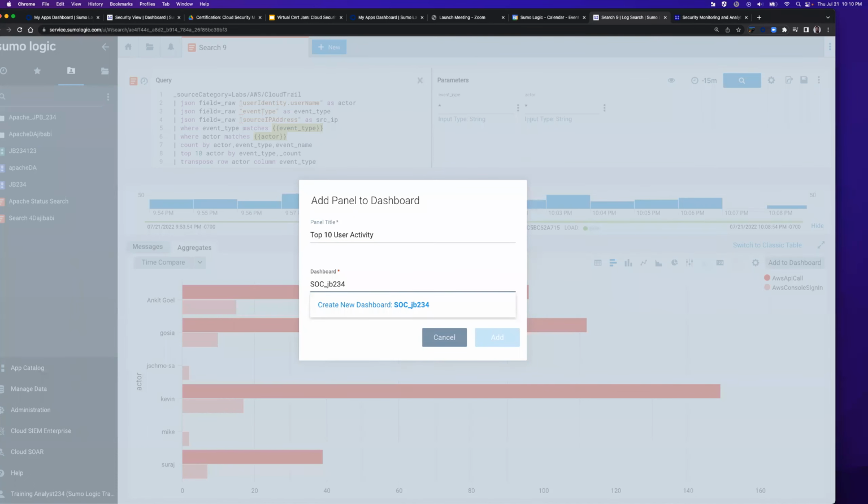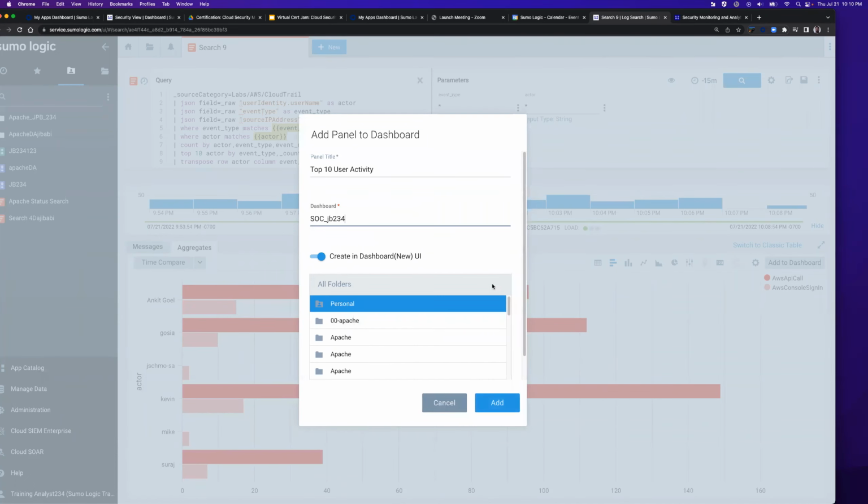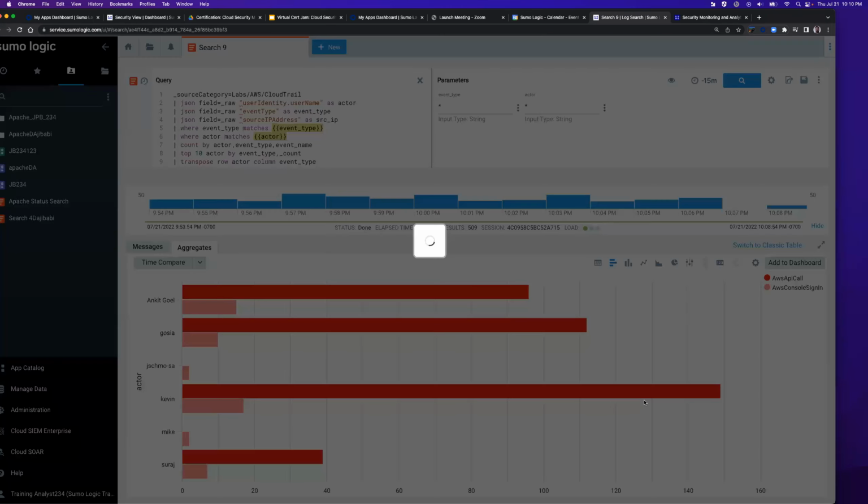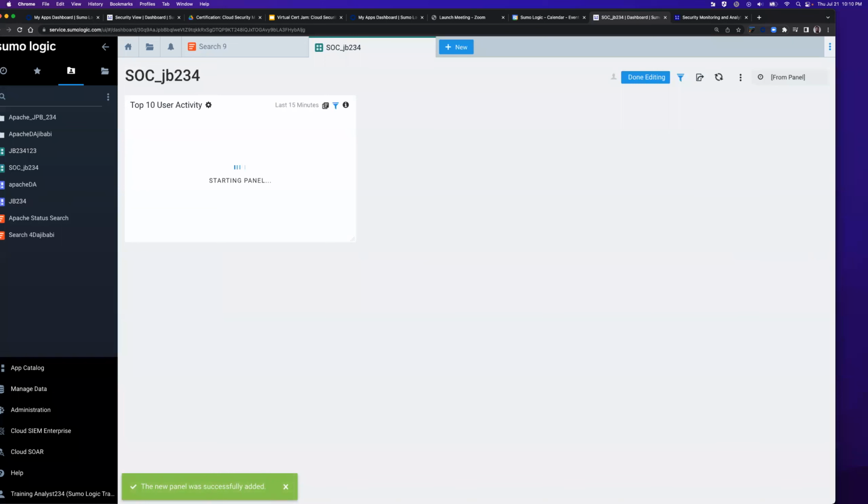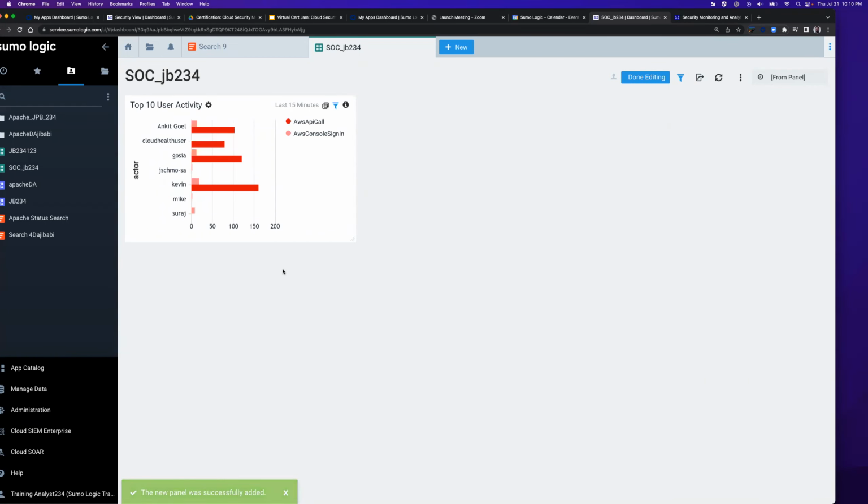Once I have that entered, I'm going to go ahead and click Create New Dashboard. And for this example, and for most of today, we're going to use the old dashboard style, so we're going to want to click and turn this off. Some of these labs just need to be updated for the new dashboards, and I haven't had a chance to. So once I have that all together, now I'm going to click Add. And what I should have here is now my panel